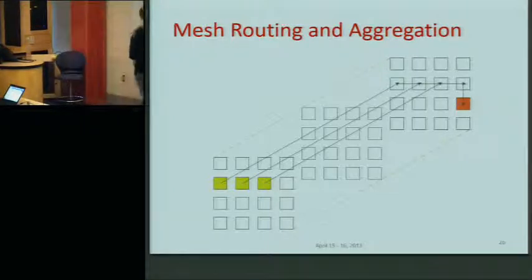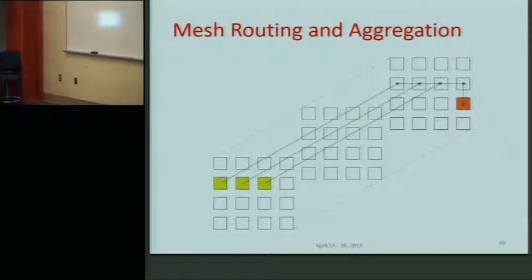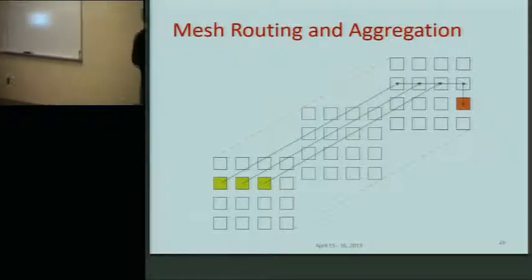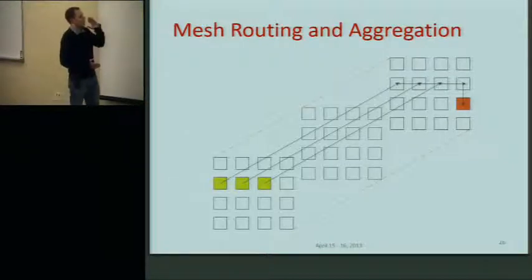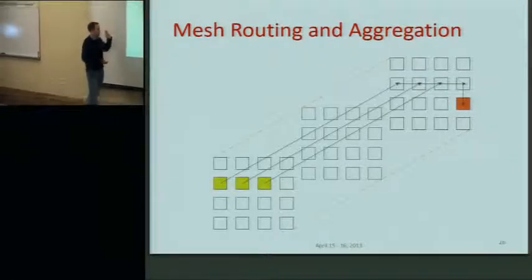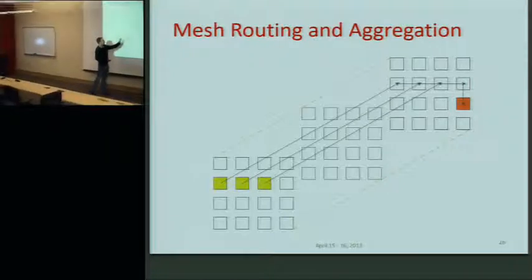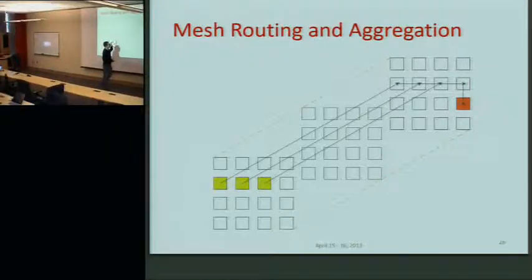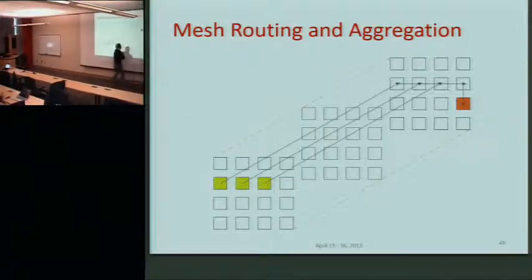It sounds a little complicated, but if you see what actually happens within the topology, here you have a three-dimensional mesh topology. What will happen is that if you have three data items that are submitted on these three processes here, those will travel along the first dimension, that is, the planes of the topology. They will travel to the destination's plane. The destination, by the way, is that red square here. And eventually, along the route, all of these messages will get combined into a single one, and they will be delivered as a single message at the destination.